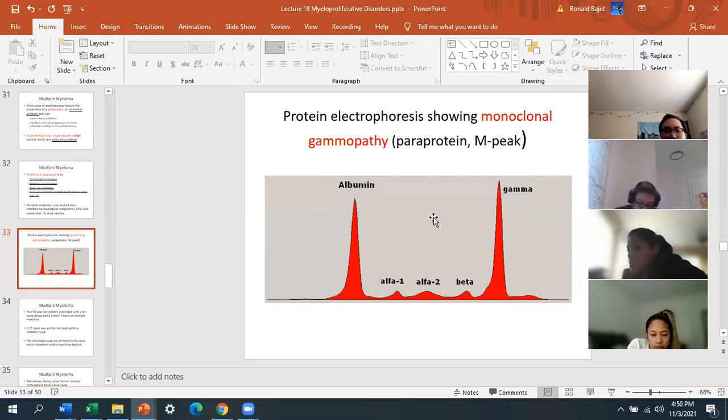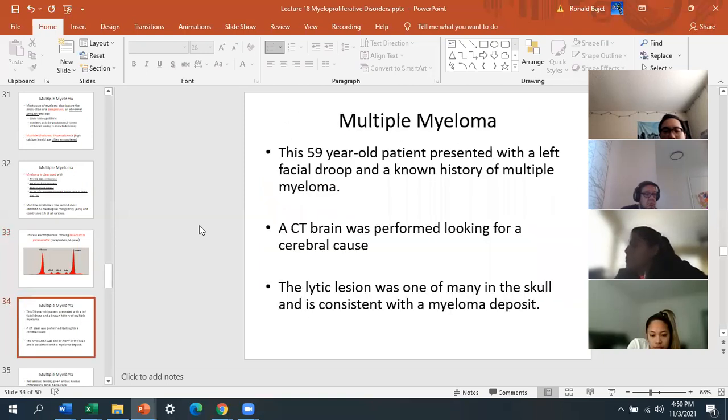Monoclonal gammopathy, and that's because you see this peak here, and this peak is the paraprotein or the M peak. You see a peak like this? That's multiple myeloma. So, case study: a 59-year-old patient presented with a left facial droop and a known history of multiple